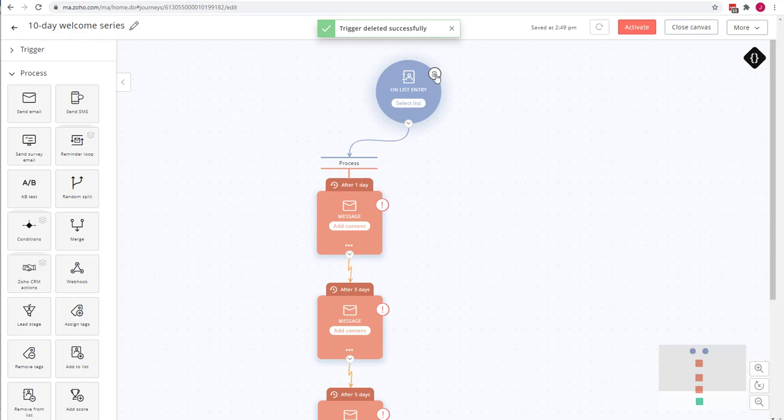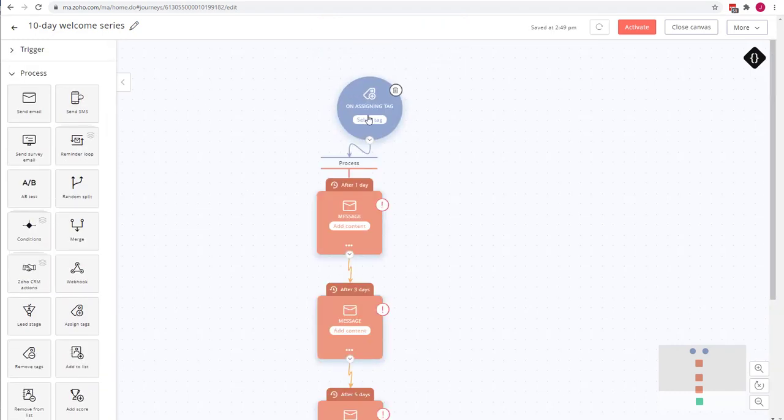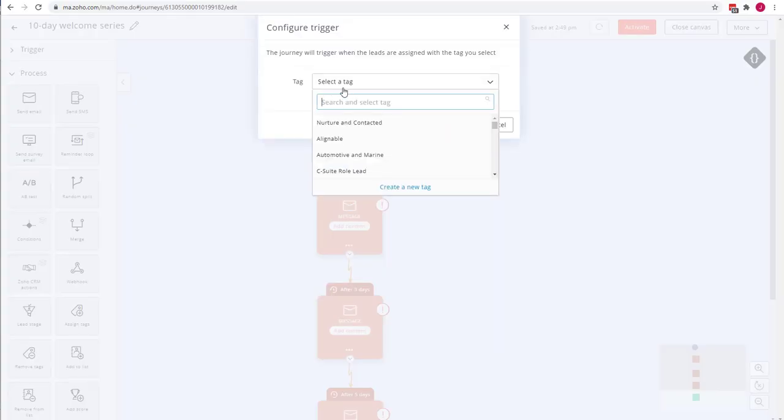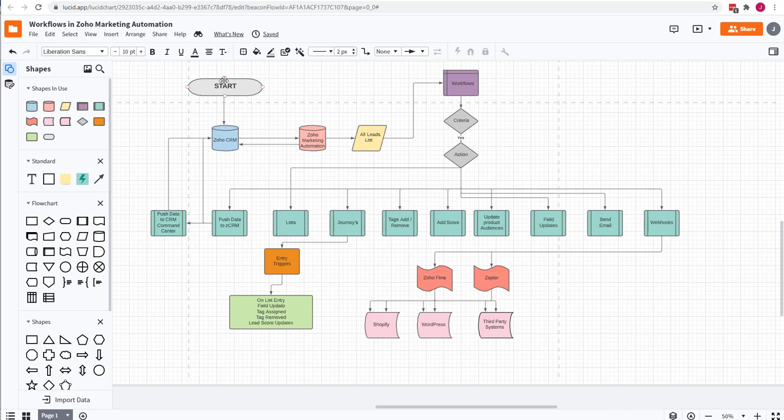And here we could select our nonprofit list, but I'm going to select tag assigned, nonprofit, done. So what is this going to do? This is basically saying what we just created here is when we have data in our CRM, it's going to get synchronized over to Zoho Marketing Automation into a generic list